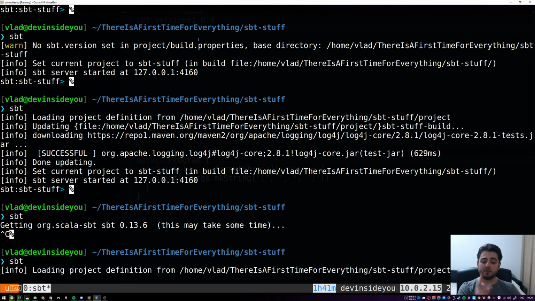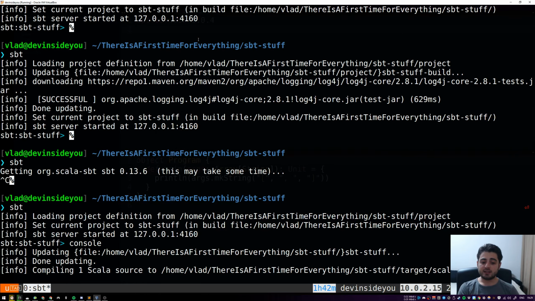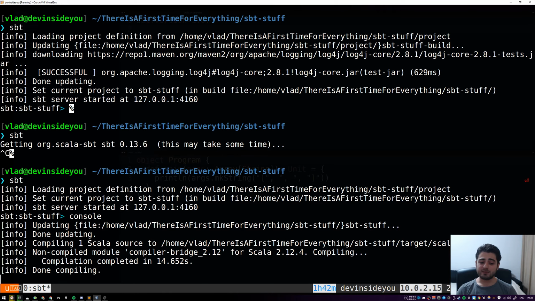All right. By the way, this is also one of the reasons why I have Scala installed separately as well. Because once you're inside of sbt, you can always say console, right? And it will start the Scala REPL inside of the console. But it will take some time, not too much. Like the first time, right now, it downloads the actual Scala compiler for sbt. It should take a few seconds. But the next time we start console, it's going to be a little bit faster,